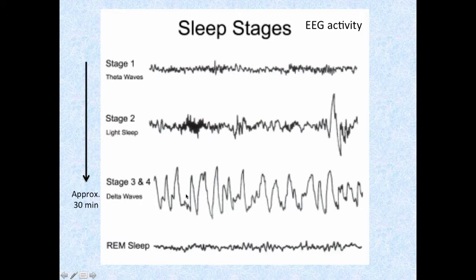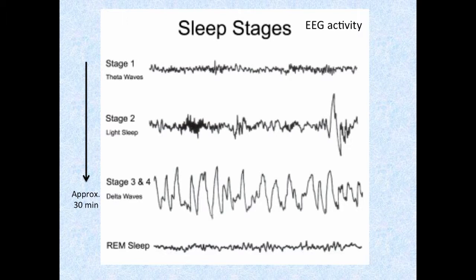These delta waves signal a further reduction in arousal and an increase in synchronization of activity between the thalamus and the cortex. And once these delta waves occur at greater than 50% of whatever time frame you're looking at, at that point, the person is described as being in stage 4 sleep.